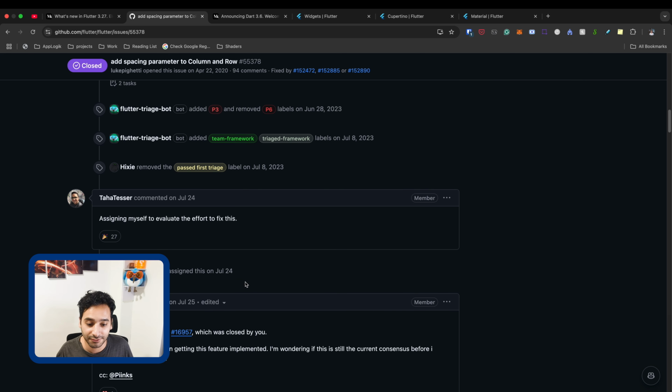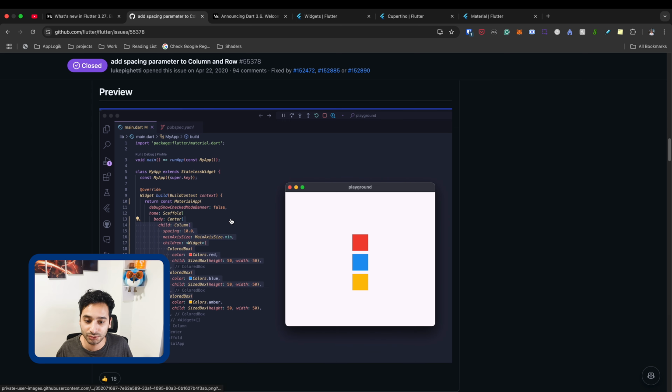And finally, they found a good solution to implement it without making the widget complex. Because it's a rule of Flutter, they want to keep the standalone widgets as simple as possible, so they do only one thing and they do it perfectly. I mean, that's the philosophy behind the Flutter widgets, and that's why they didn't want to add it.